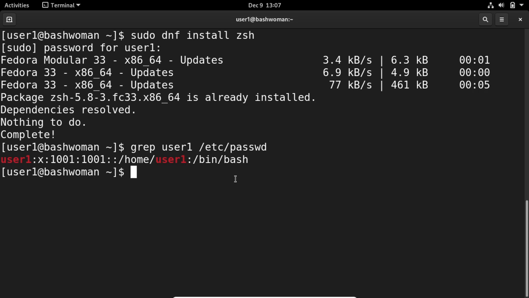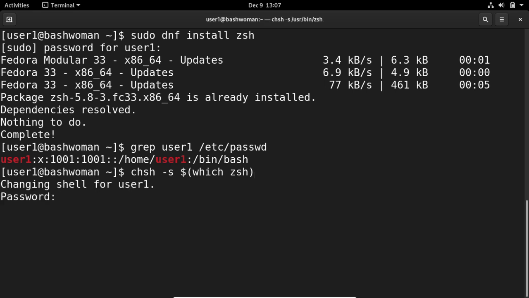Okay, next we are going to change the default shell to ZSH. The chsh command is used to change the default shell, the option -s is used to set the shell, and which zsh gives the path of the shell we want to change to.